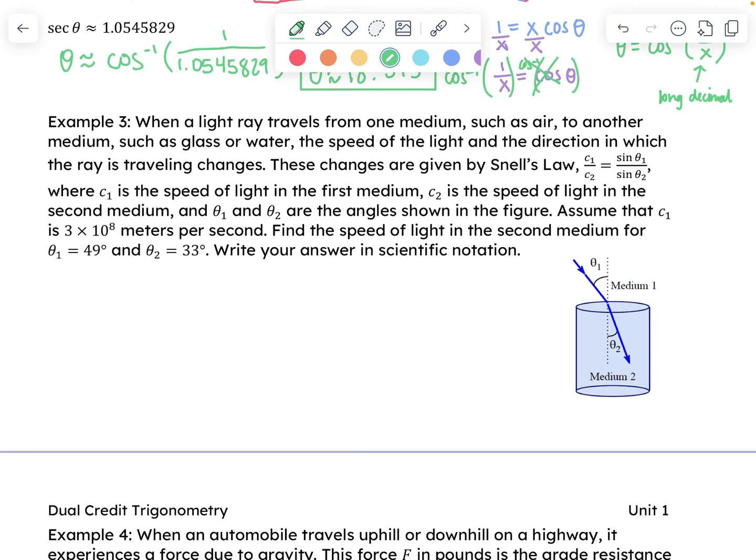It says, when a light ray travels from one medium, such as air, to another medium, such as glass or water, the speed of the light,